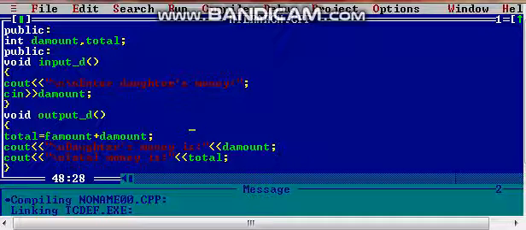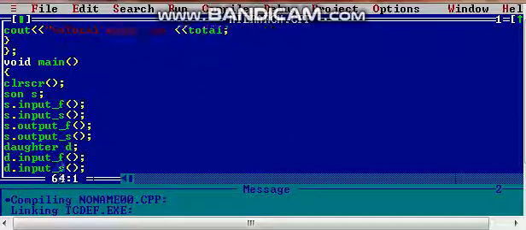Where is the total money? See the formula in total: f_amount plus d_amount assigned into total. If you want to print the total money, you have to print the total variable with a message, total money is. Now in the main class,